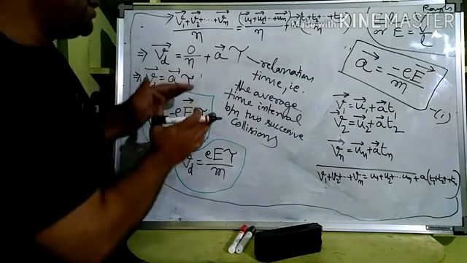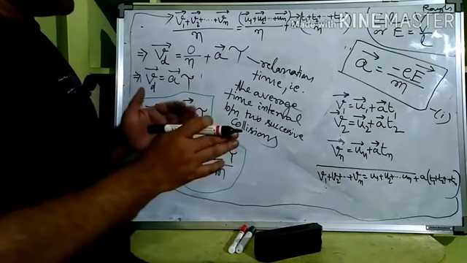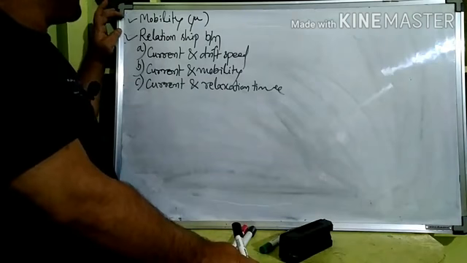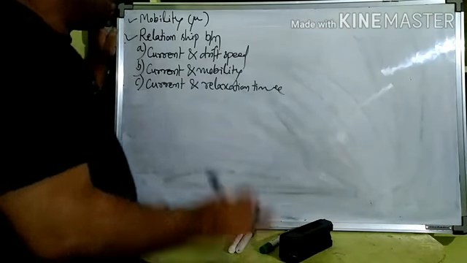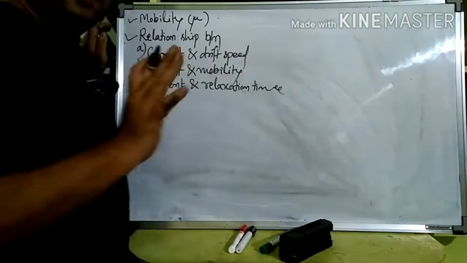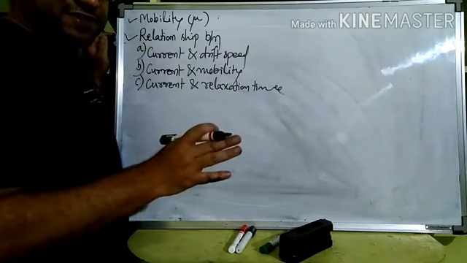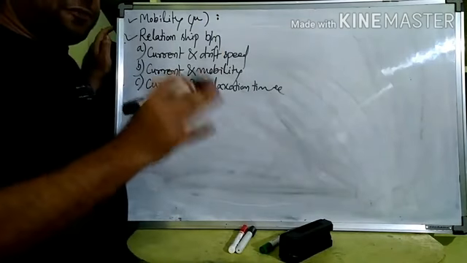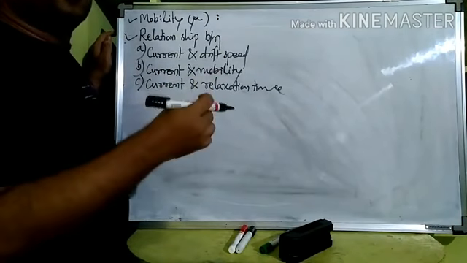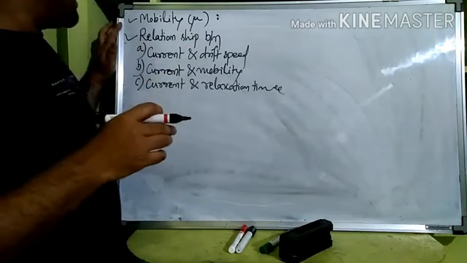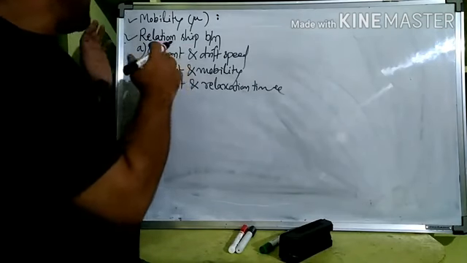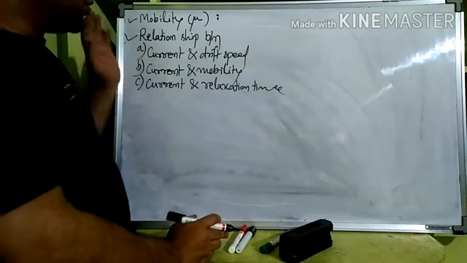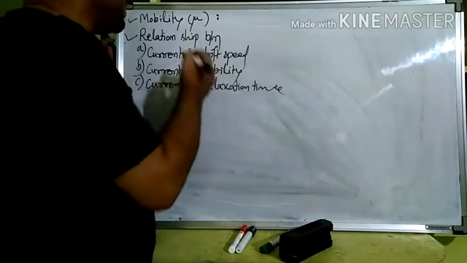Now, relating to this, we are going to discuss a few points which come as questions in board exams. In board questions, frequently we get mobility. What is mobility? This is simple. Now we have understood the drift speed and its derivation, which can be a long question. Related to the derivation of the drift speed of an electron in a conductor, there are other concepts: the relationship between current and drift speed, current and mobility, current and relaxation time, and mobility. What is mobility? First we'll look at one point by one point.